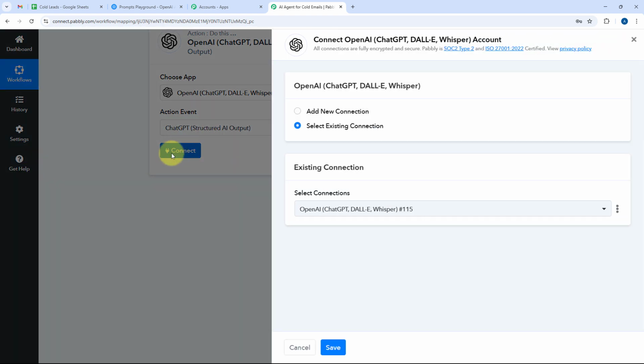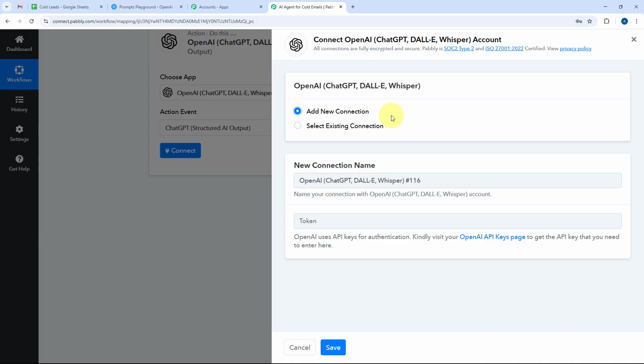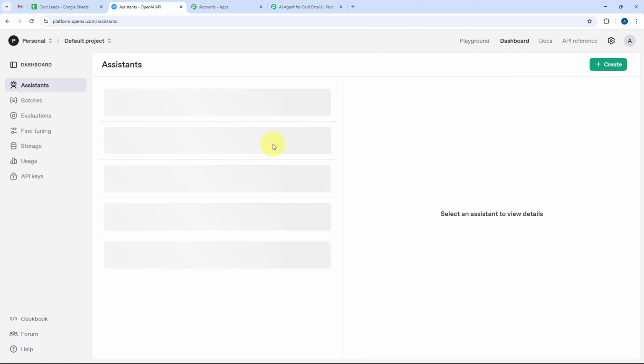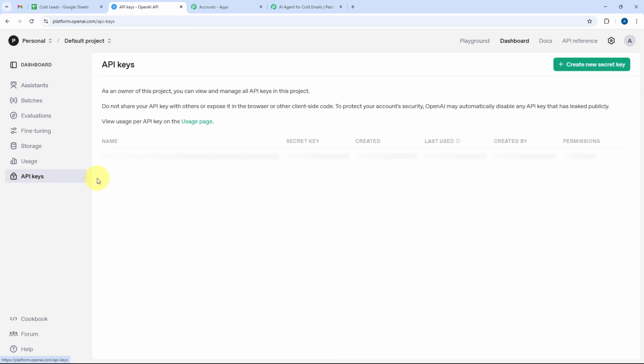Then just click on Connect and select Add New Connection. Now here we have to connect our OpenAI account with Pabbly Connect. And to make this connection, we have to enter the API key of our OpenAI account. Now you must be thinking how you can get this API key. To get it, just go to your OpenAI account and from here, go to just dashboard. After coming to dashboard, from the left sidebar, go to this API key section